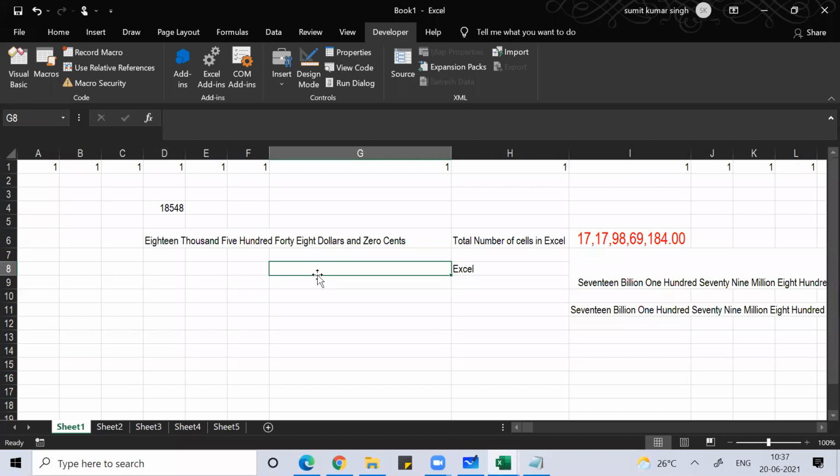Everyone, are you getting this? So we have created a new function, guys.